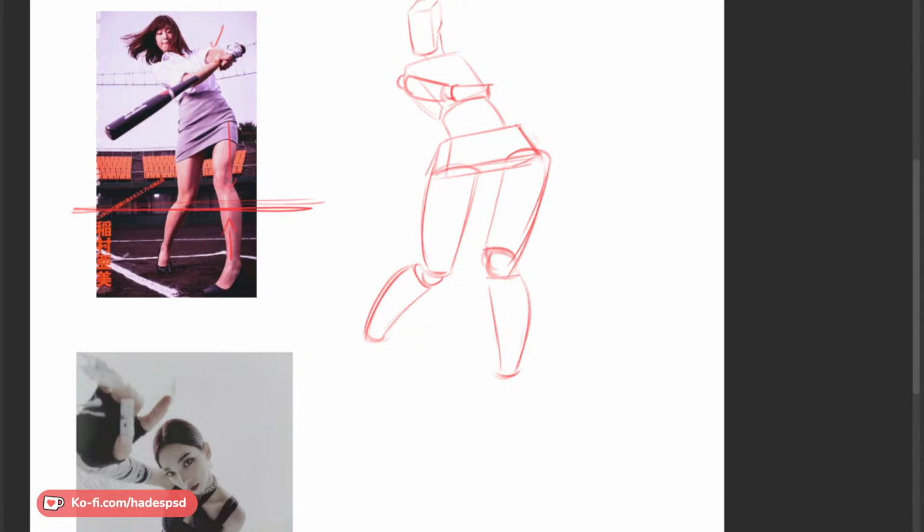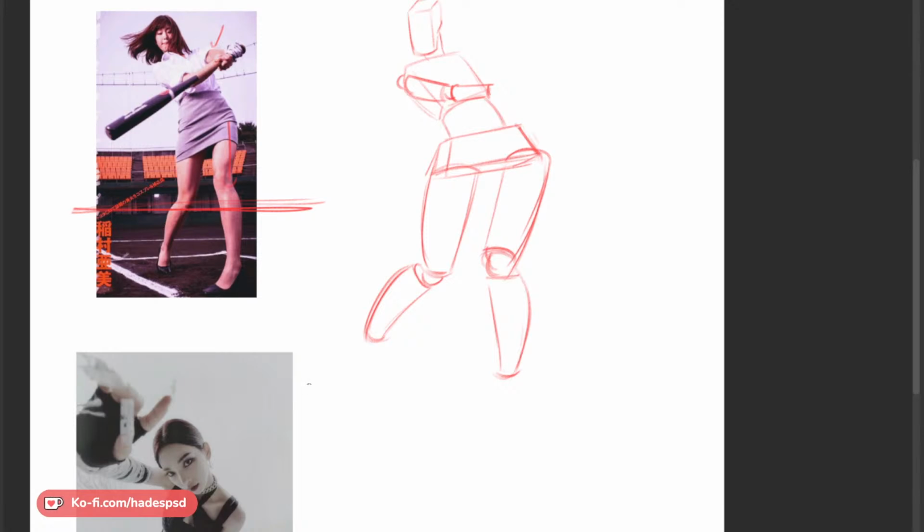Oh, hello, Tay. How to find the horizon line? Yeah, that's what I was talking about. Is this mannequin for both male and female? Yes, it's the same thing, if that's what you mean.